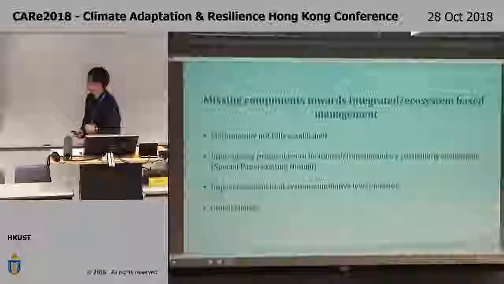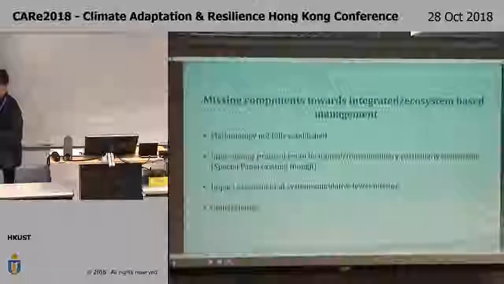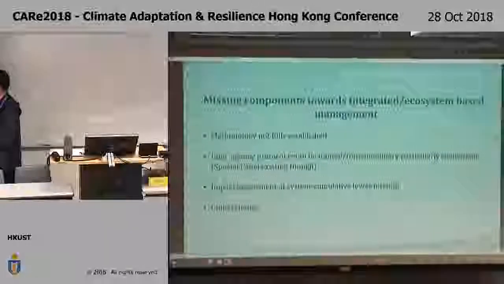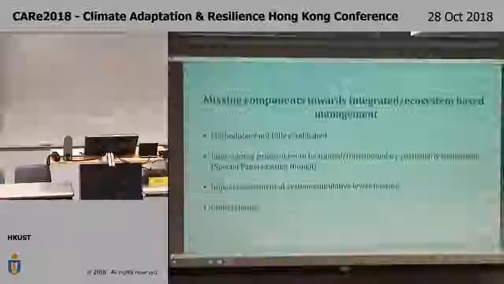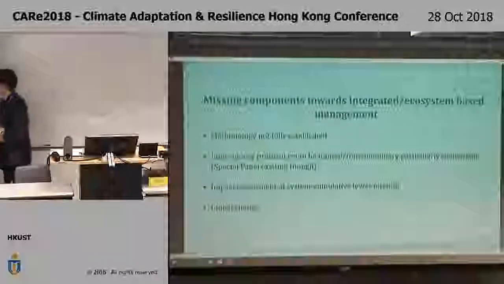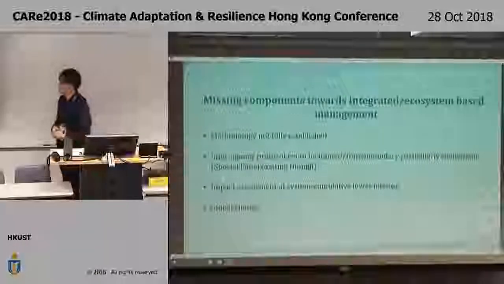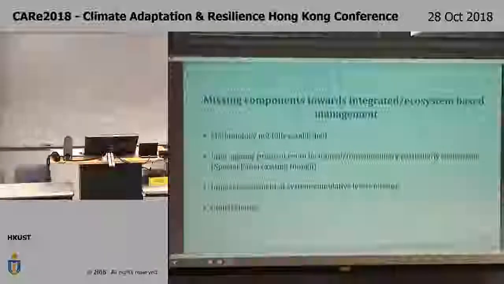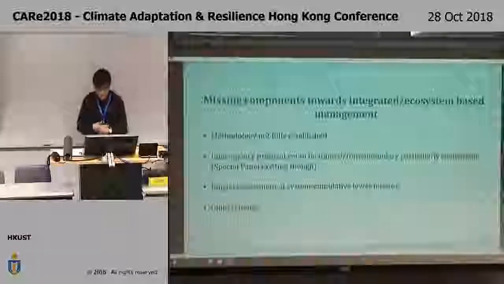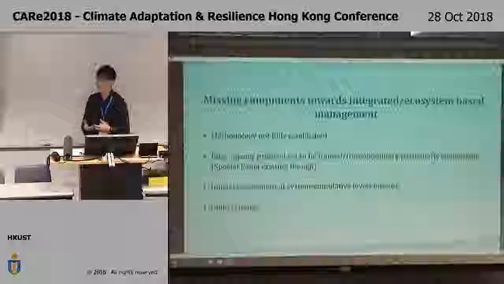I see the missing components: the ecosystem integrated management methodology is not fully established in this area, because you have the sewage discharge monitoring, but it's separate in parts. I think in the Hong Kong area or the big delta area, an interagency protocol is yet to be framed. Transboundary is particularly challenging. We are dealing with Macau, Hong Kong, Guangdong, for example. And a cumulative impact assessment system is missing, because this is the foundation you want to frame ecosystem or sustainable planning. Global change has not been fully considered. Climate change,